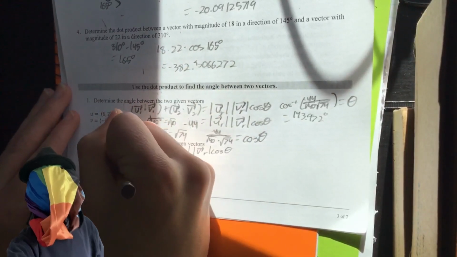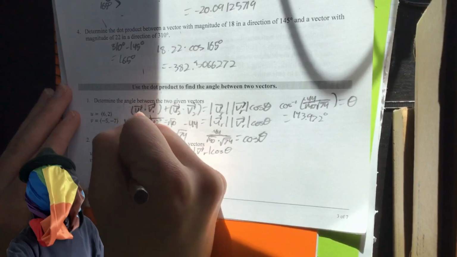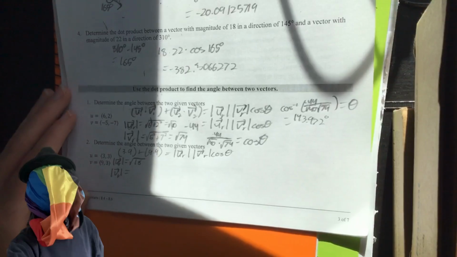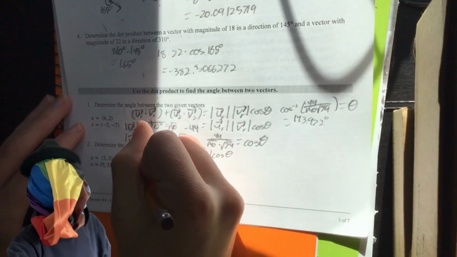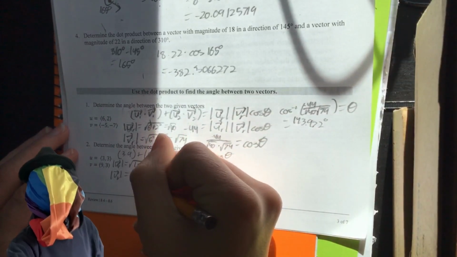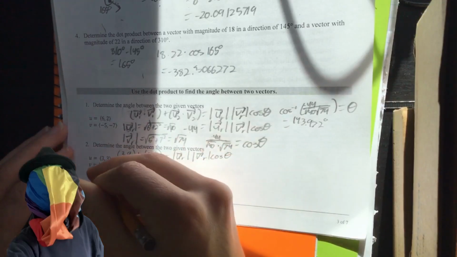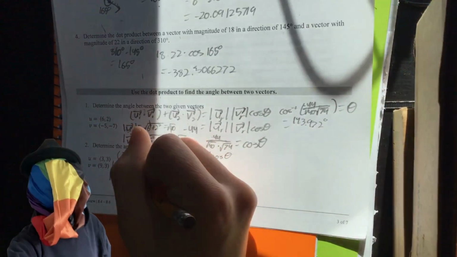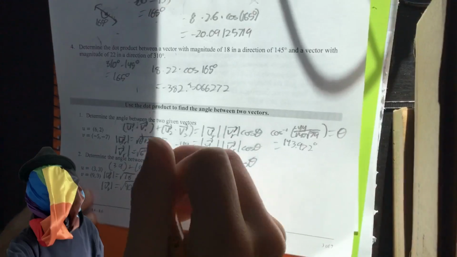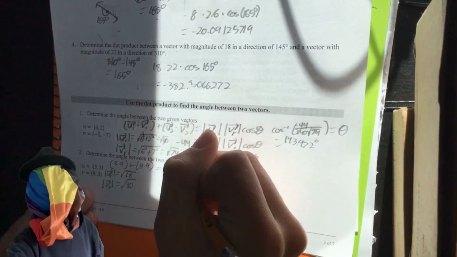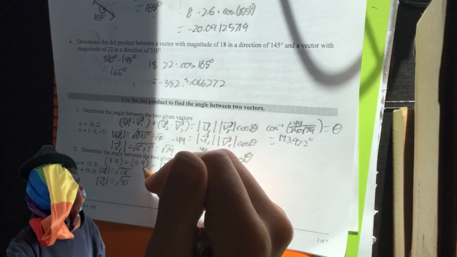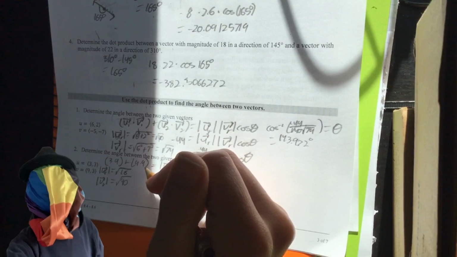You don't really have to write that one out. For V it is square root of 9 squared, so it's just square root of 90. So we go 27 plus 81, that is 88, no wait,